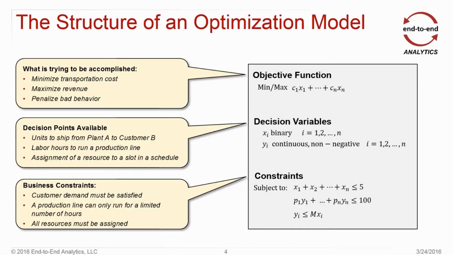And finally, you have the set of constraints. The constraints you could think of are the things that you must adhere to, to make sure that the results of the optimization model can be implemented within an organization. So oftentimes when we have conversations with clients around how do we build an optimization model, one of the things